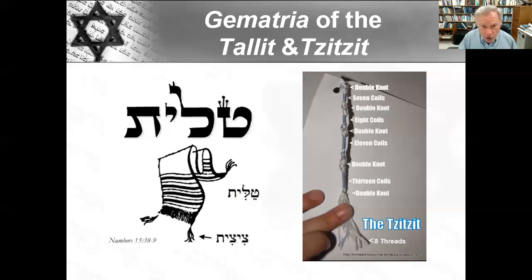You may know that very traditional Jews will have one of these under their shirt all the time, many times showing the tzitzit, because the text actually tells us why we do this. It says, when you look at the tzitzit, you will remember the commandments. So that's going to be a hint why it's tied this way. Also, when you look at it, you want to see it. At night, you can't see it. Remember, back in those days, there wasn't a lot of street lighting. So the tzitzit becomes a daytime commandment. Since it's a positive daytime commandment, it's considered binding only on men and not on women. Jane.